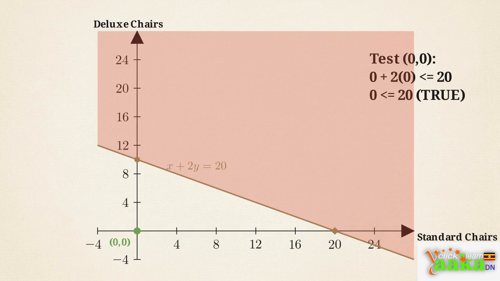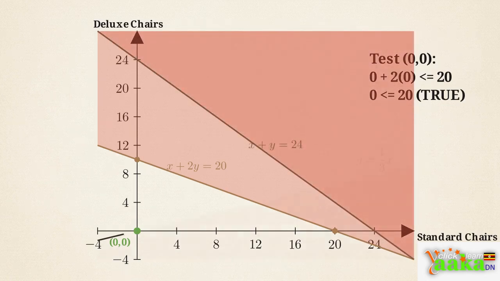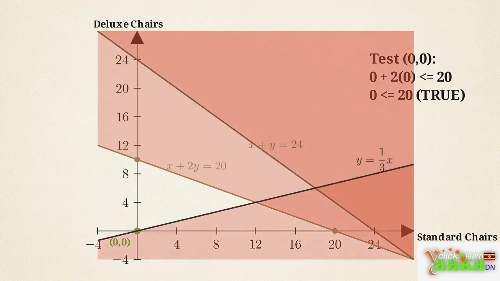But remember the critical UNEB rule. We always shade the unwanted region. Since 0, 0 is valid, we shade the opposite side to block out the forbidden area. We apply the exact same logic to our material line, x plus y equals 24, and our market demand line,